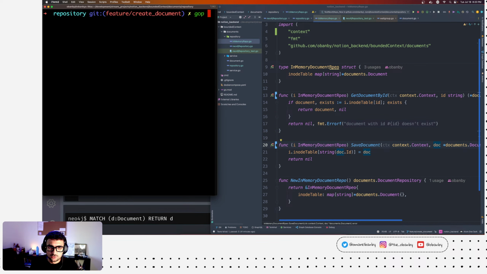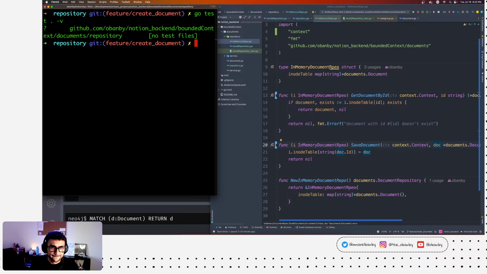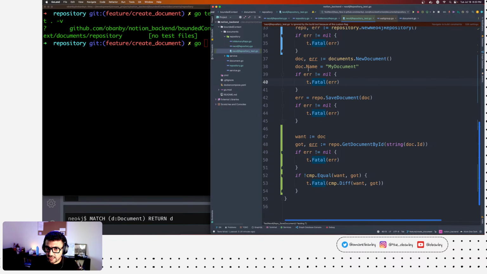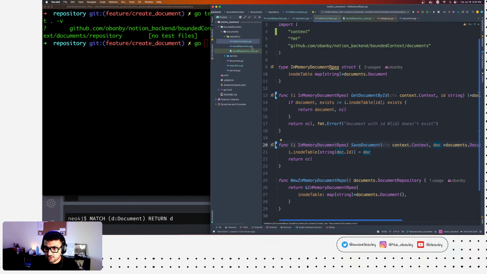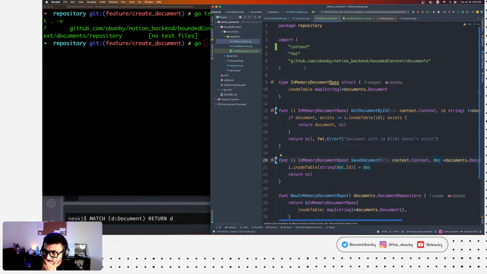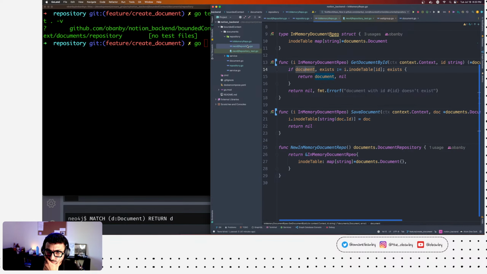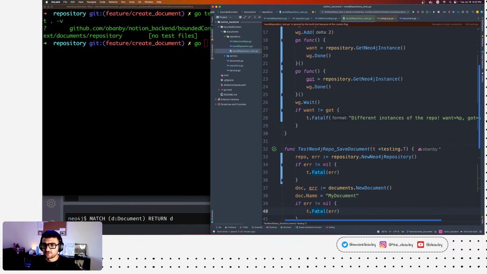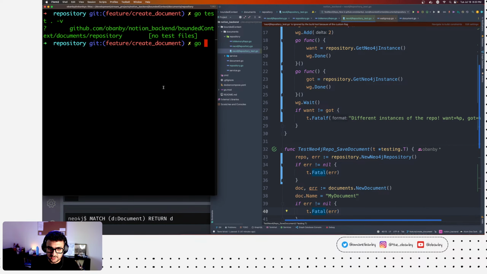Now we should run just regular Go tests. Right, so I didn't have an in-memory repo test, I guess. I'm only testing that. We used to have a test for the in-memory repo. I guess we just moved it to the Neo4j. That's fine. But now, again, let's run all the tests, the integration ones.